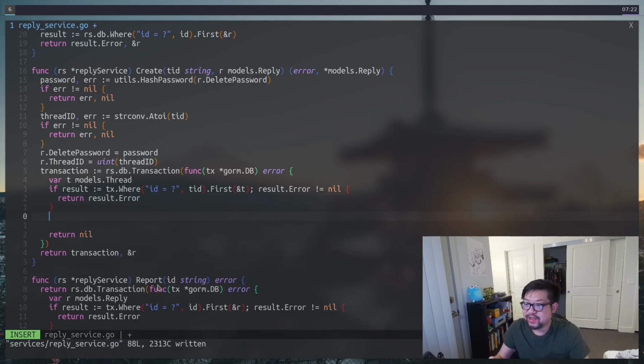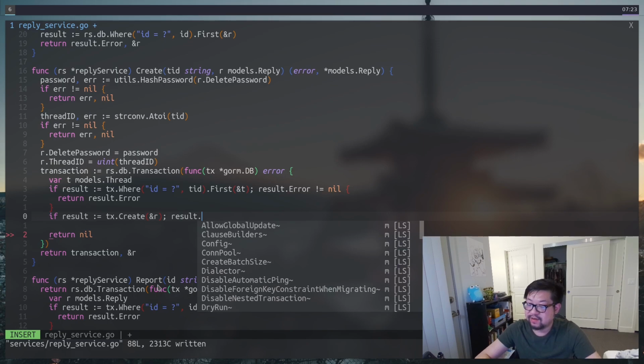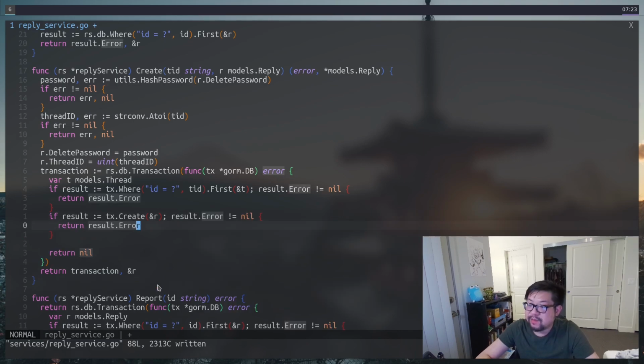So before I do the next two operations, let me explain. Essentially, when we do a create on replies, we're doing an update on threads. And that way, when we do a list on threads, we get all the newest threads first, and that's taking into account the replies that are on that thread. So after we do the find, we can do a create. And this is the main error that we want to error out if this transaction fails, so that we never update the